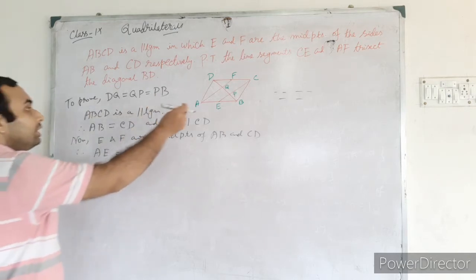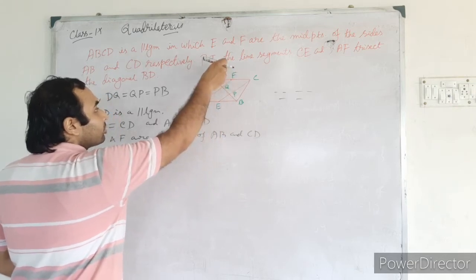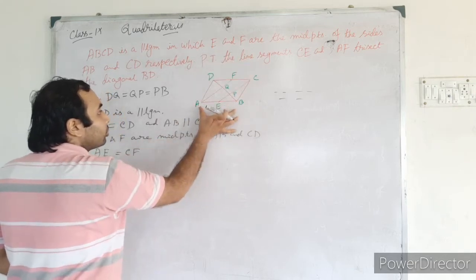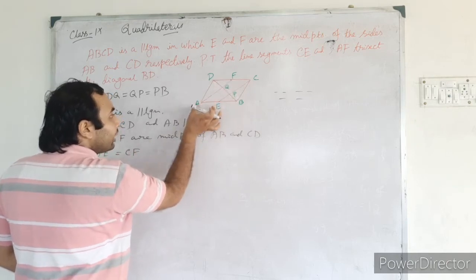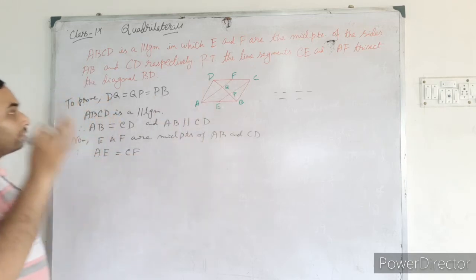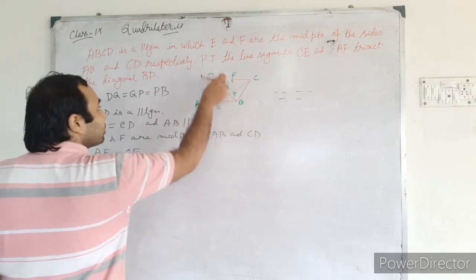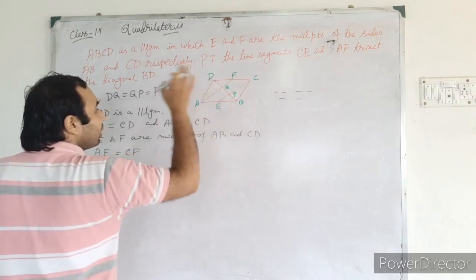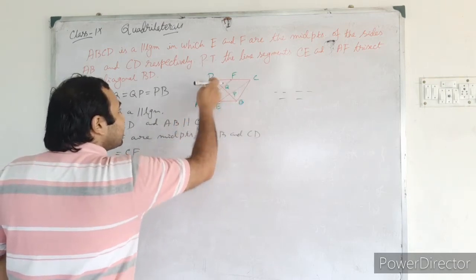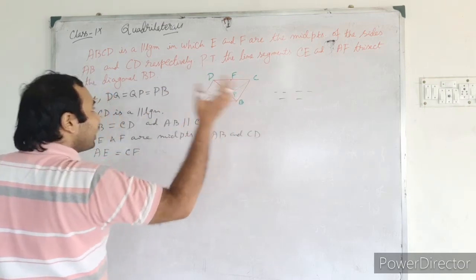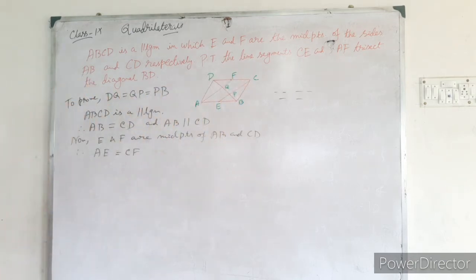Definitely we can say, because E is the midpoint, obviously AE is equal to BE. Here F is the midpoint, so DF is equal to FC. Now those totals are the same, so obviously the half of each will be the same. We can take this half equal to this half, at our convenience. Our aim is to prove this as a parallelogram first, and after that we will prove the next one. So AECF is the parallelogram, that is our aim.